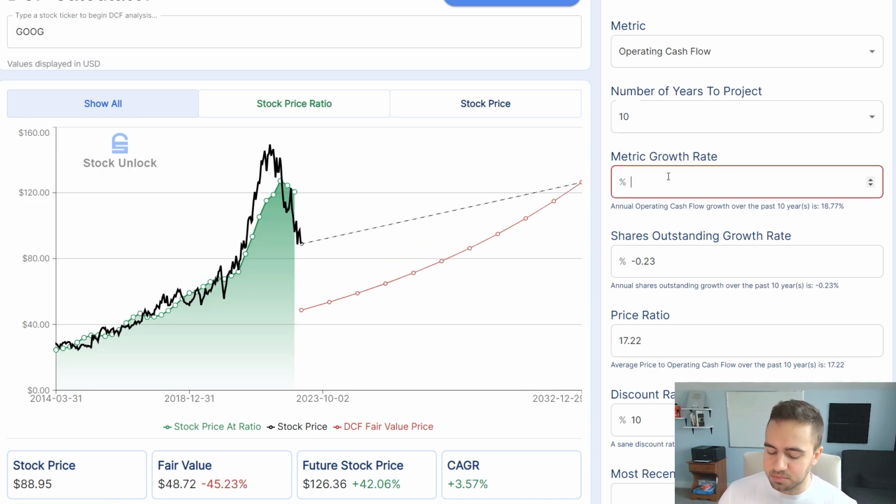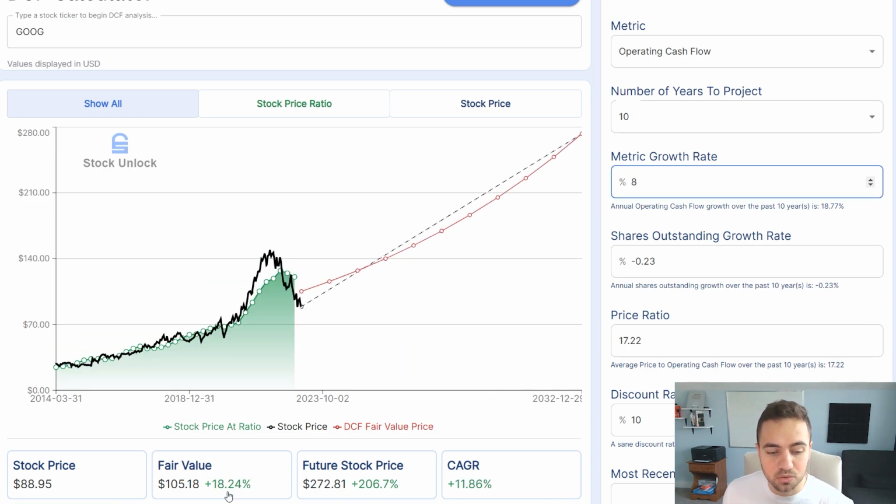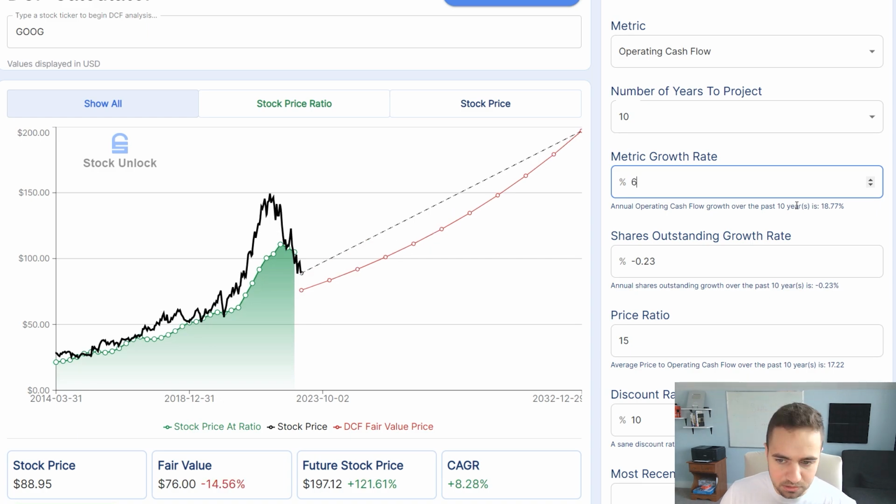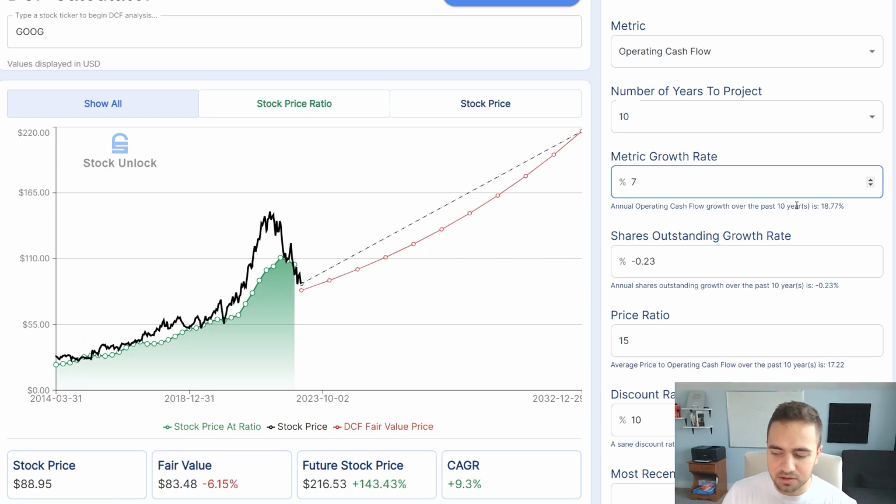So let's knock this number down to about 8%, and we can see that Google is still selling below fair value. So I'm also going to knock down the price ratio to about 15, which I think Google will probably trade at in the future. So when I give Google a 15 price to operating cash flow and an 8% growth rate, it's still slightly above fair value. So let's do 7.5%,